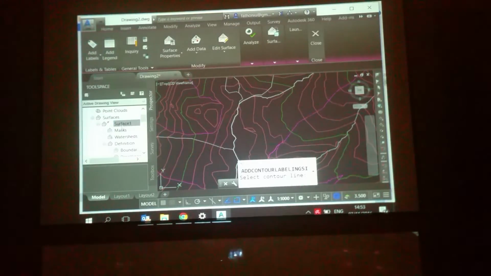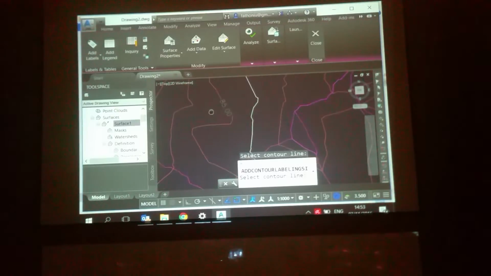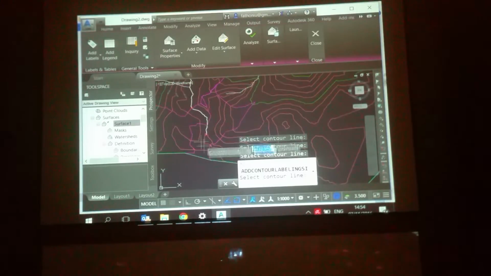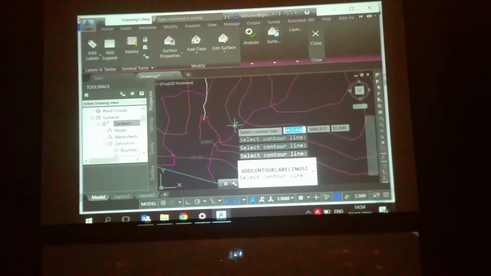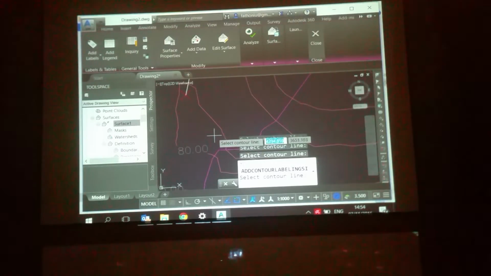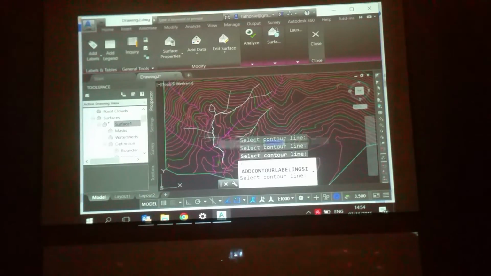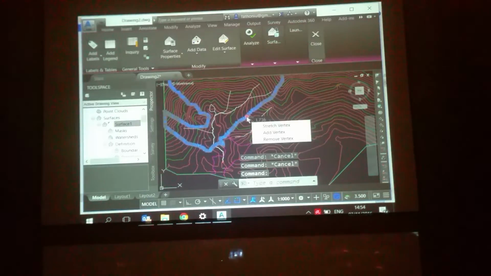The contour, single line contour. Let's say, so determine what is the elevation of this one, 85. And then here is 90. 85. The lowest point here is 85. There is a 80. But you can flatten this area. Okay, let's say I show you how to create a platform.